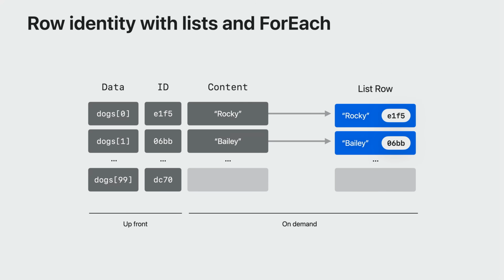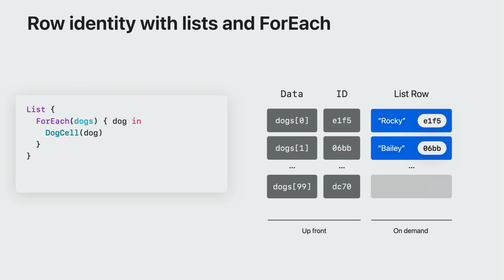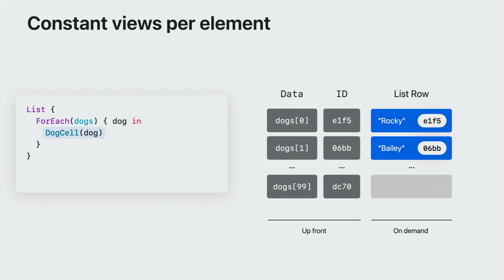List uses a composite of the identity and the content to produce a list row. The rows created on demand correlate to the visible region, plus some system-determined buffer for prefetching or accessibility. As the view is scrolled, more views become extant. Here's the code snippet producing this ForEach. Note here that the content is just DogCell, which is itself a single view because it uses an HStack inside. ForEach is critical in determining the ultimate row ID used by the list, and list needs to know all of its IDs up front.